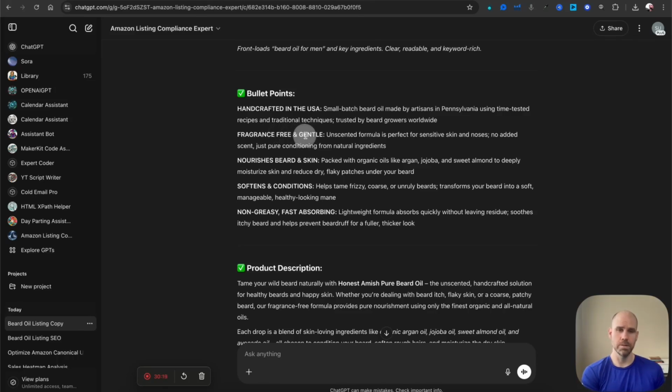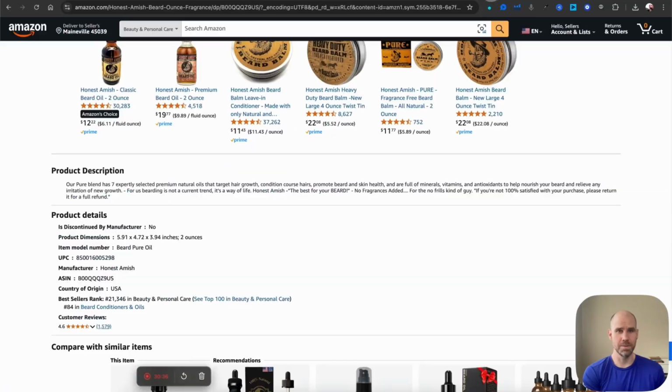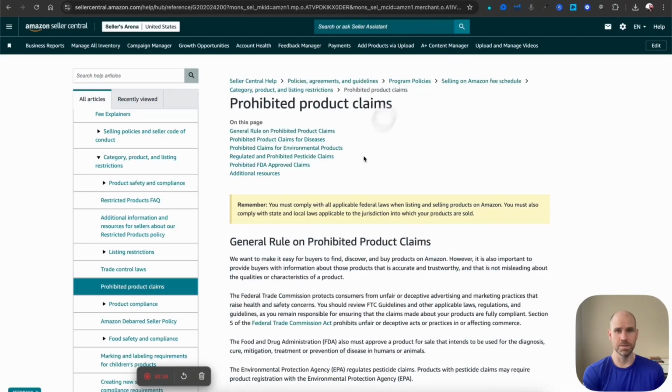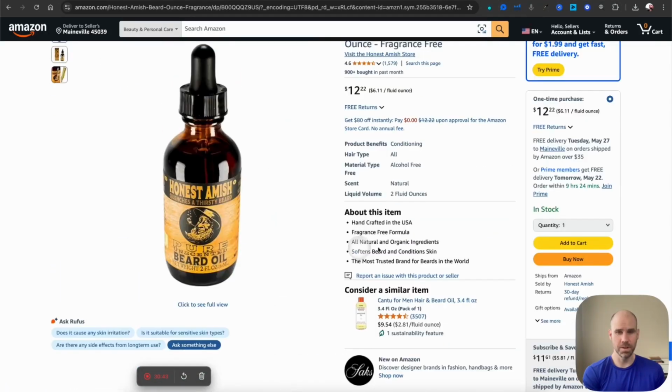Because you want to make sure you're speaking of the benefits. It's going to be one of the main things. So it looks like it is following that. Nourishes beard and skin. So this is very important to say versus just, the other one was, if you look at the original, very dry. Where is my listing? Here we go. All natural ingredients. I mean, it lists the benefits here, but